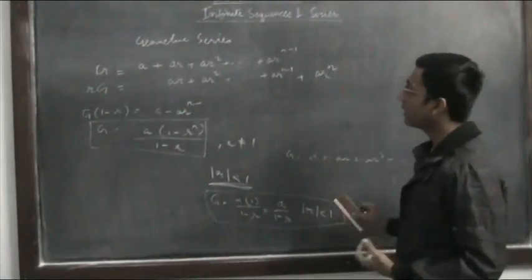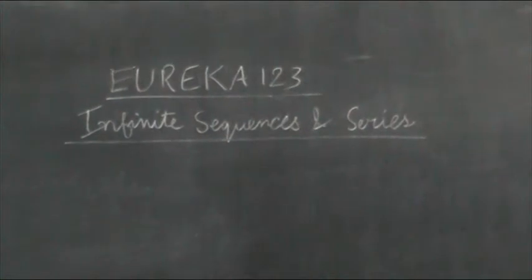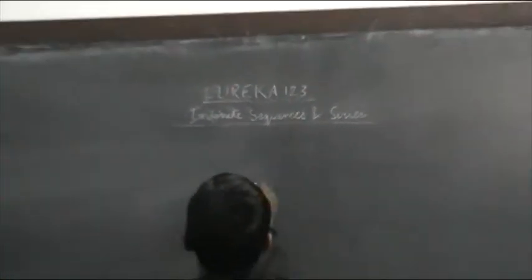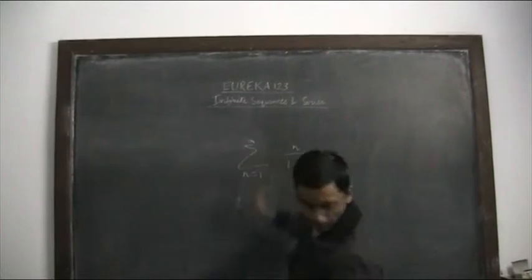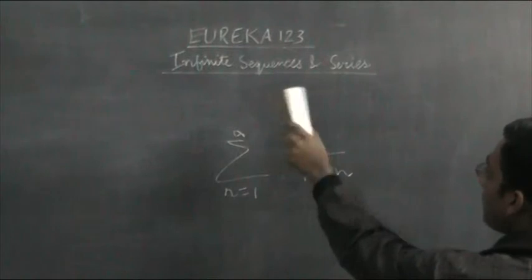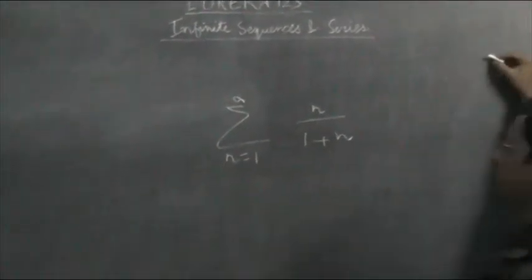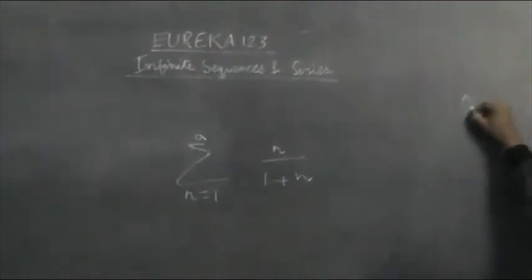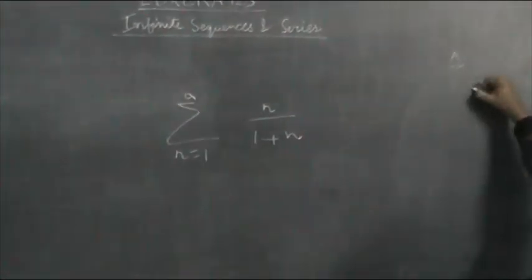So we get the formula for the infinite geometric series. Now we will look at the convergence and the divergence of series. So if we have the sum of n by n plus 1, n from 1 to infinity, this is a series. Now we have to find whether it converges or diverges. A series will converge if the sum is a constant value, or the series will diverge when the sum is infinity.